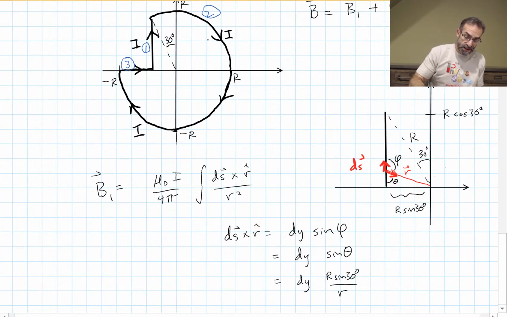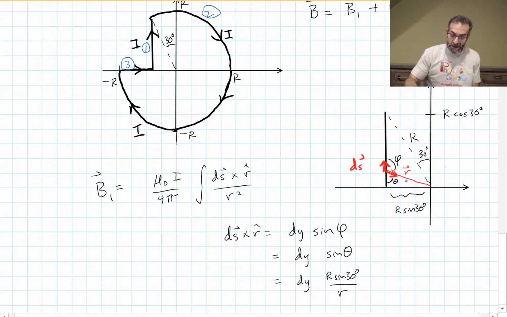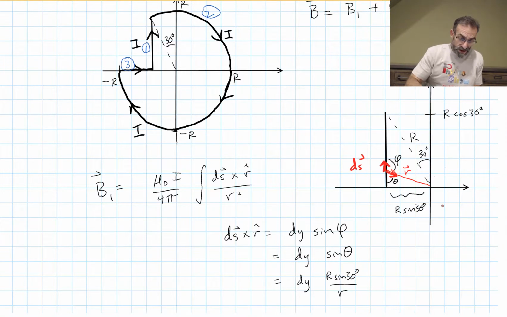It's the radius of this circular path. Lowercase r is our variable, and it changes as we do our integral. Of course, the sine of 30 degrees is just 1/2, so I can rewrite this